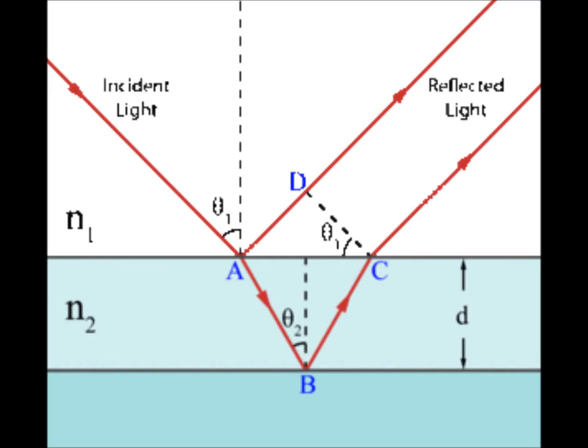The third thing we need to consider is the path length difference between the two reflected waves. The first of these waves is the one that hits the medium boundary at A and reflects off through point D. Then there's a second reflected wave. This one is refracted through the medium that has n2, and it travels from A to B to C and out again into the air. So if the length of ABC is some certain number of wavelengths different than the first reflected wave, then the two reflected waves can interfere with each other either constructively or destructively, and this influences what we see.